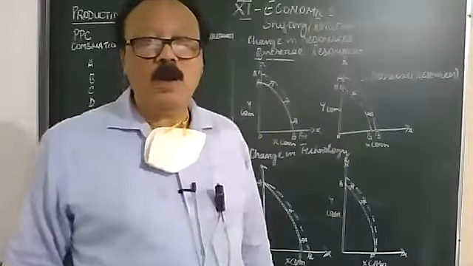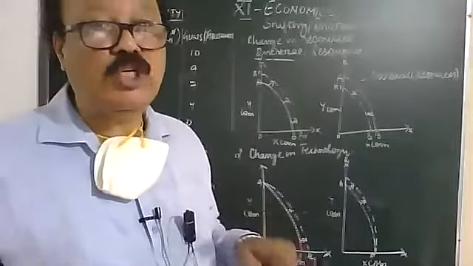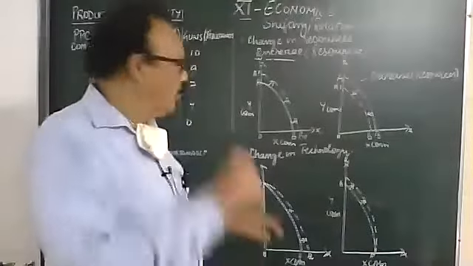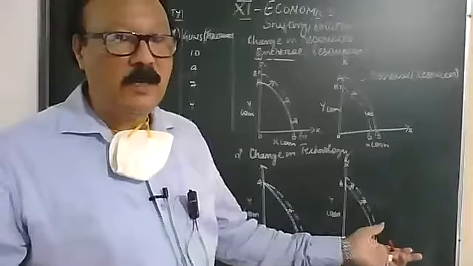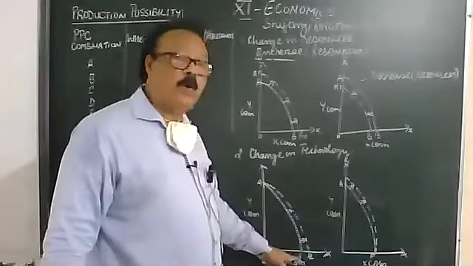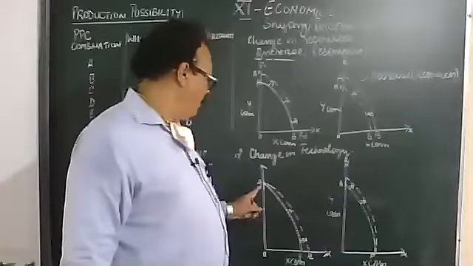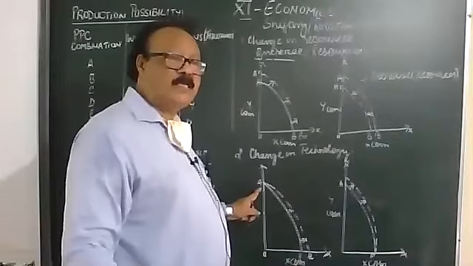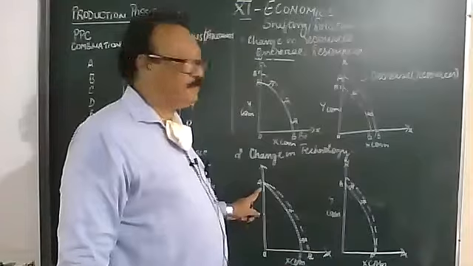Okay, now we talk about rotation. What about rotation? Rotation happens when there is a change in technology either in X or in Y. If there is a change in technology for X, that means the production of X will increase. So what happens from AB, which was your old PPC, X will increase from B to B1. But what happens to Y? Y remains constant there only. No change. It is operating as it has. The resources which were there are being put to use. So it is being attained over here.